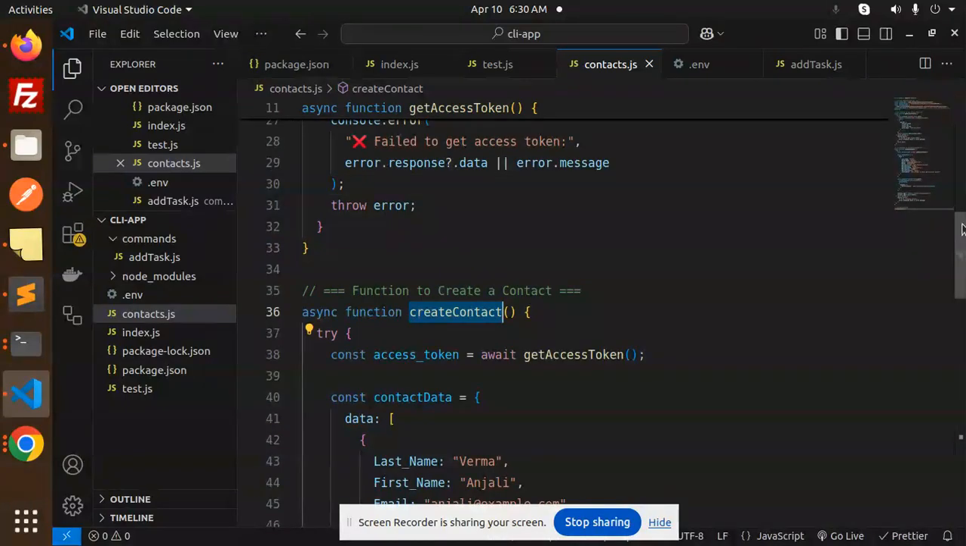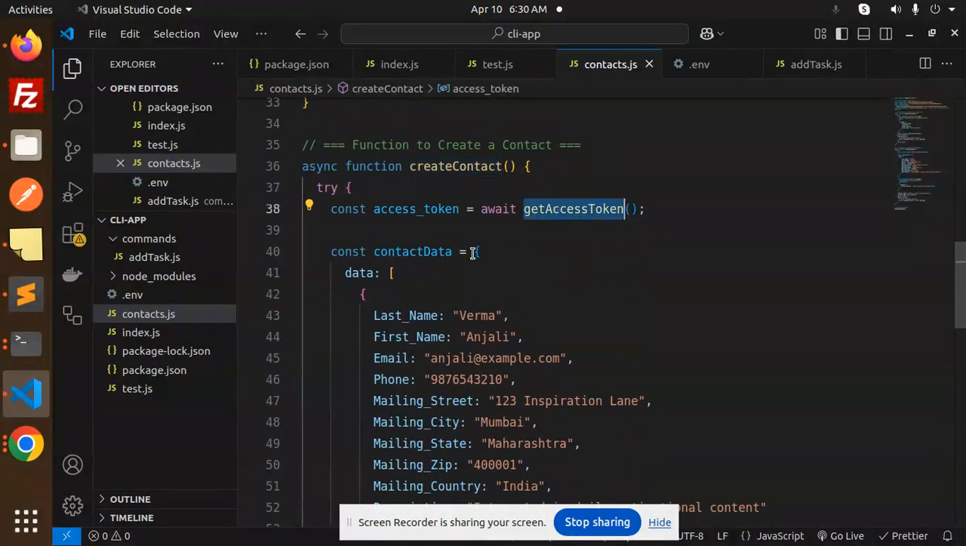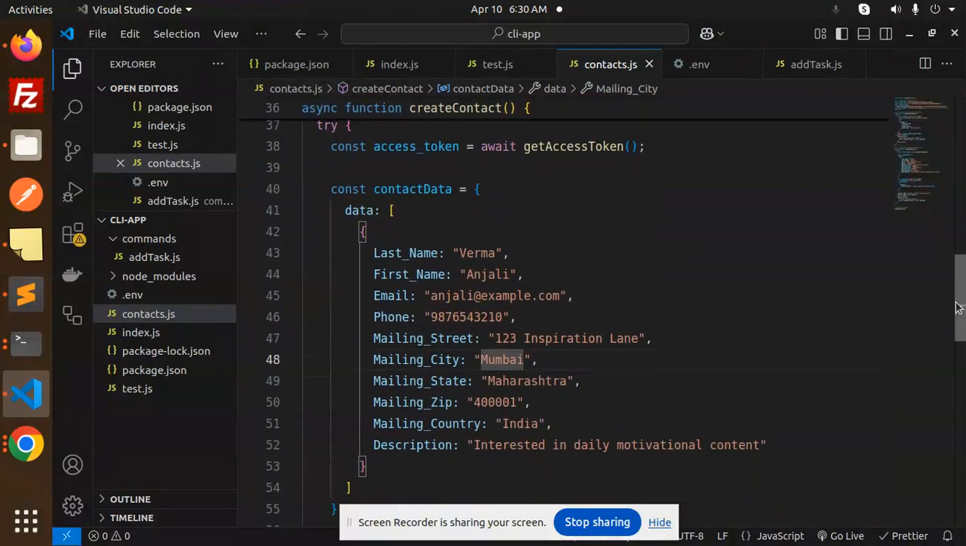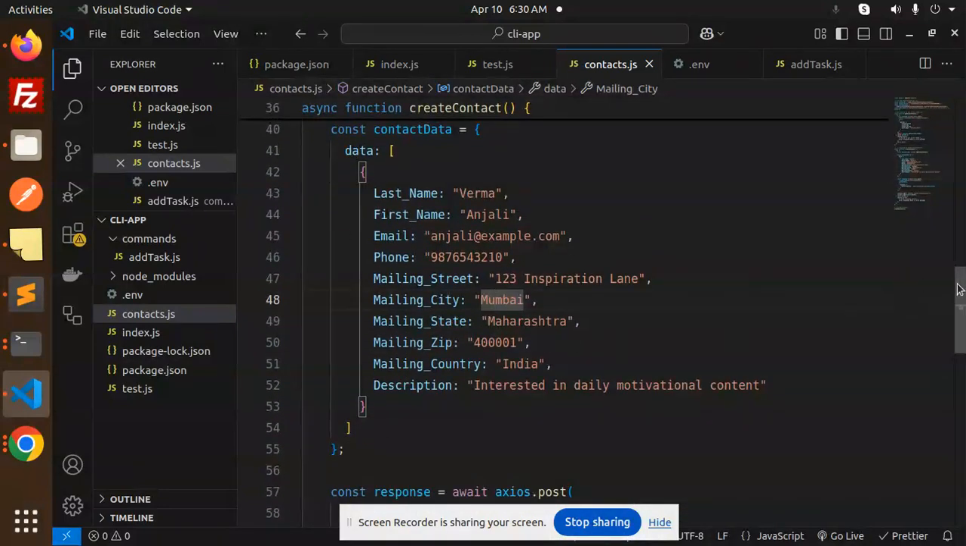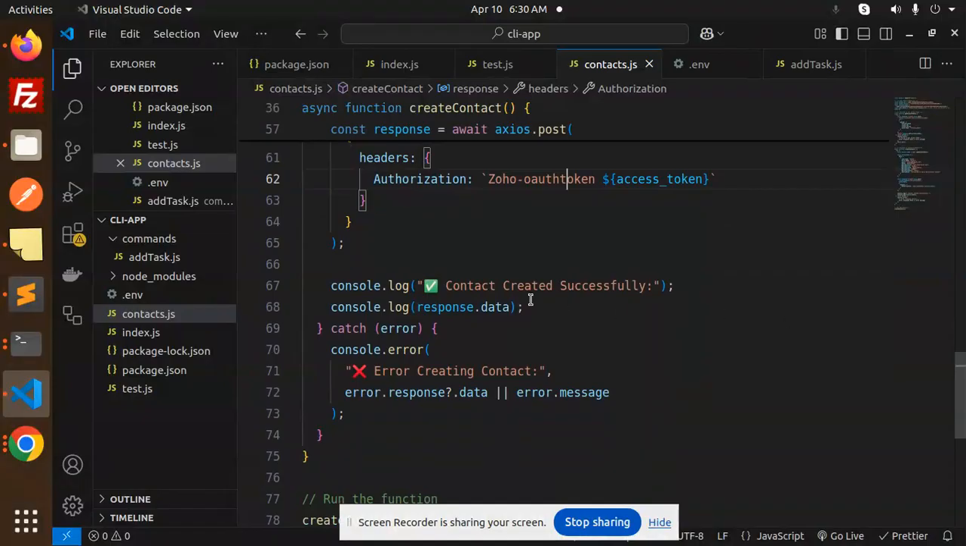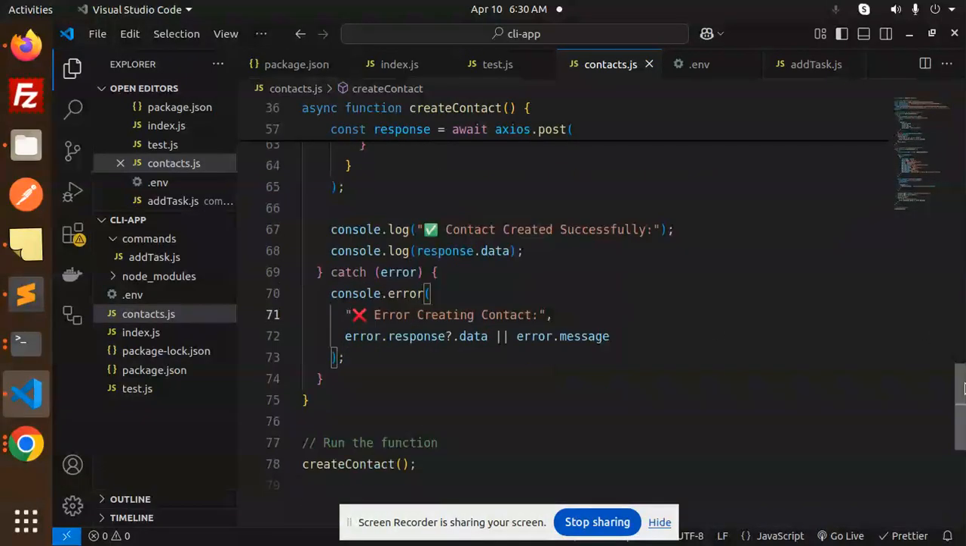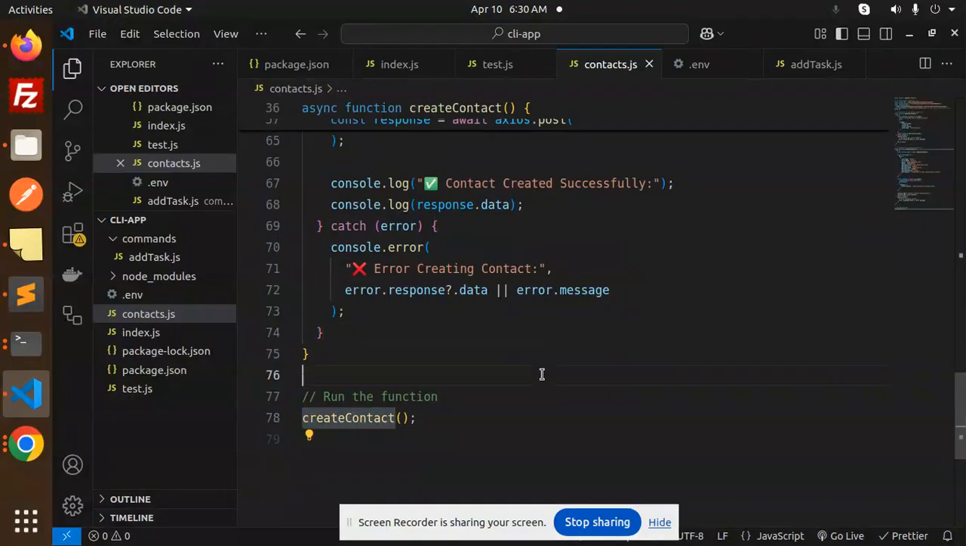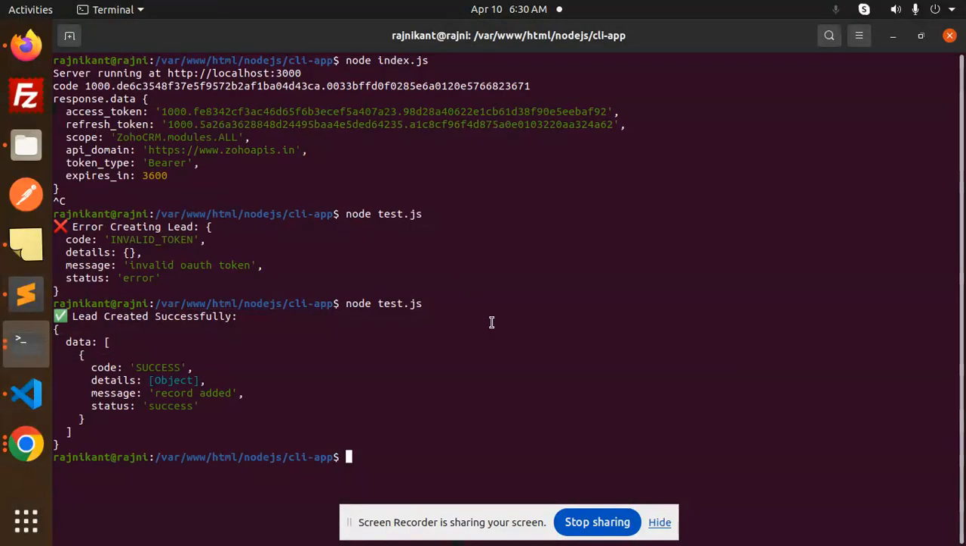So here we have a contact function, get the access token, and then we have to add our name, last name and everything. Okay, and then call the API, that is CRM v2 contacts, and here we have to pass the authorization access token, and then contact created, else whatever the error is we are going to catch that. Okay, then create that function, save this, go to the terminal, run node